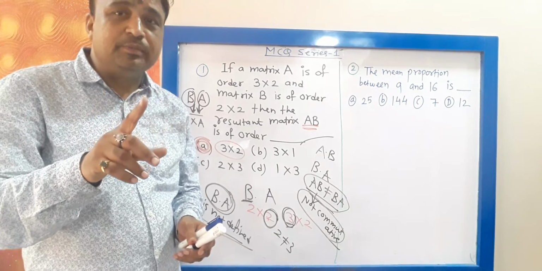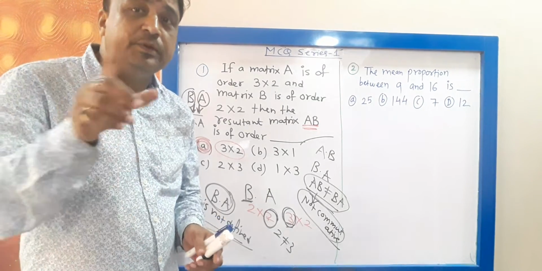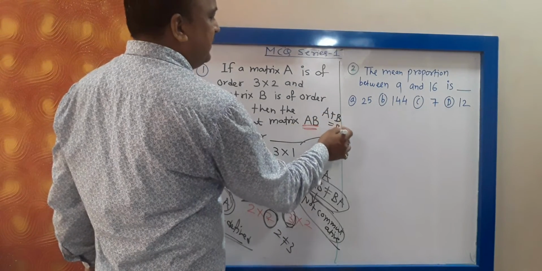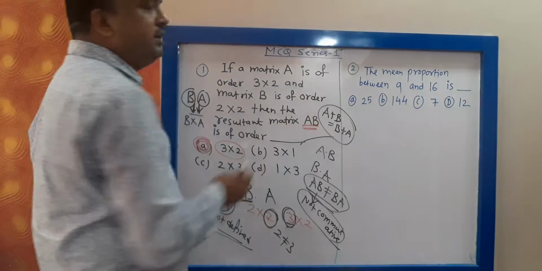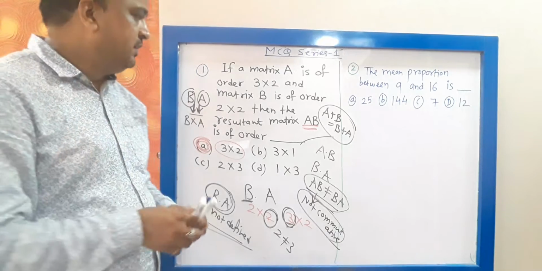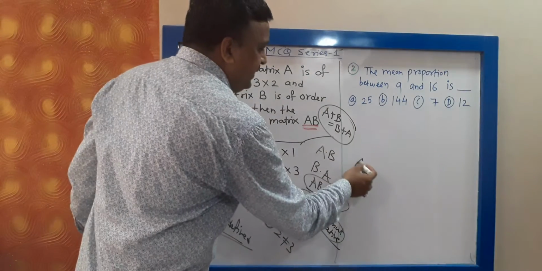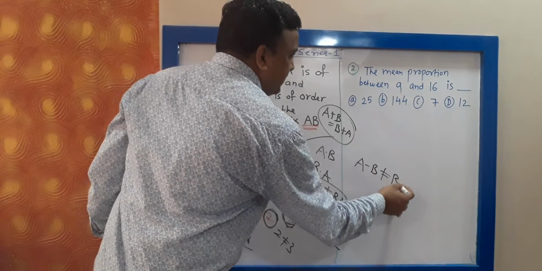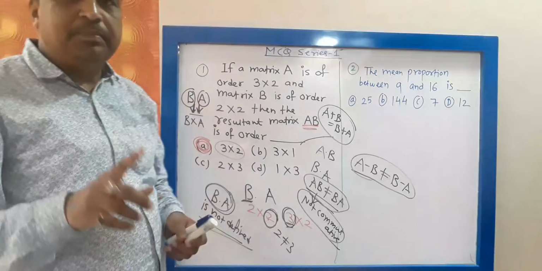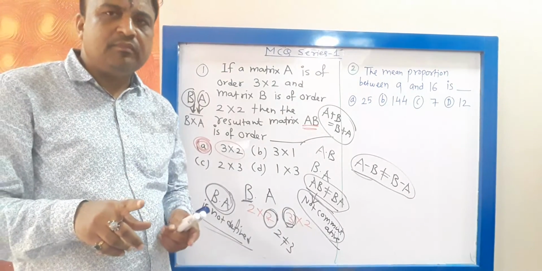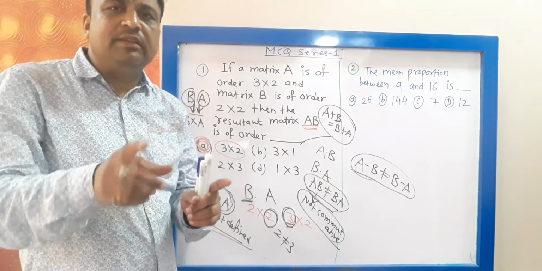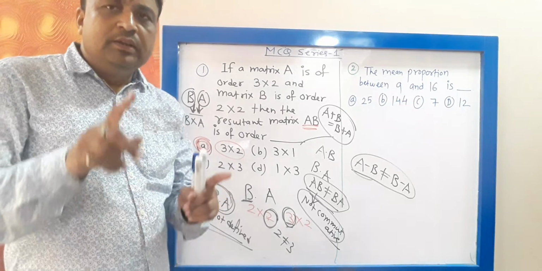Matrix multiplication is not commutative, but matrix addition is commutative, because A plus B is equal to B plus A. Second thing, A minus B is not equal to B minus A. So matrix subtraction is also not commutative. So matrix addition is commutative, means A plus B is equal to B plus A. Then matrix